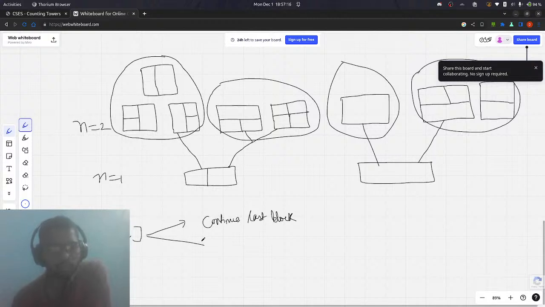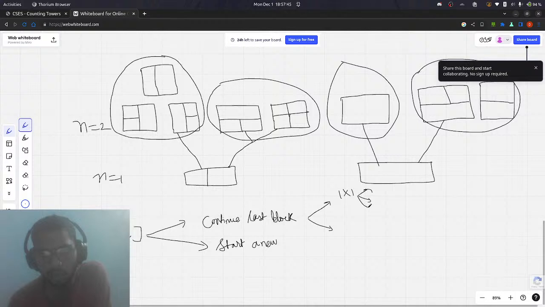Or start a new one. If we continue, then we also have the option of which block we want to continue, right? If it is a 1 cross 1 block, then